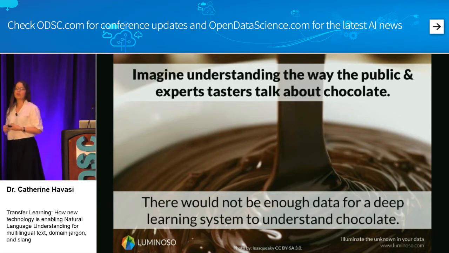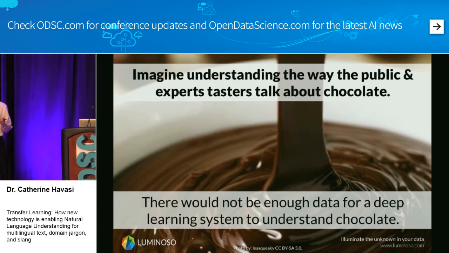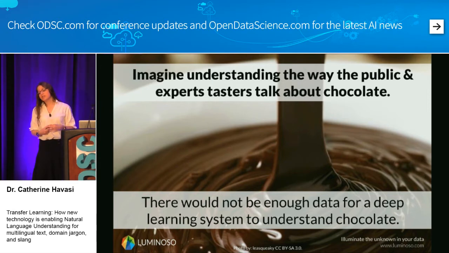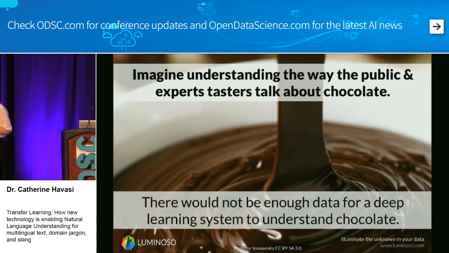There's often really good examples given of why domain specificity is really important for text. Let's talk about mobile interfaces, for example. A hamburger and a carousel are both parts of a mobile interface, but they mean very different things to, say, a travel company who's looking at doing recommendations for where you should visit on your trip. Stickiness is great for software sales and terrible for lipstick. Transparency is really good in corporate governance, but really isn't something you want in clothing unless you really intended it. And so language is one of those things that can be very, very domain specific. And sometimes there's not really a lot of data.